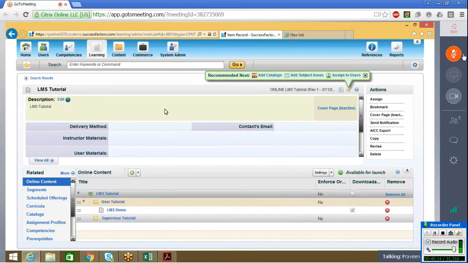Okay. So now you can navigate to the online item. Go back to the online content, add content object,